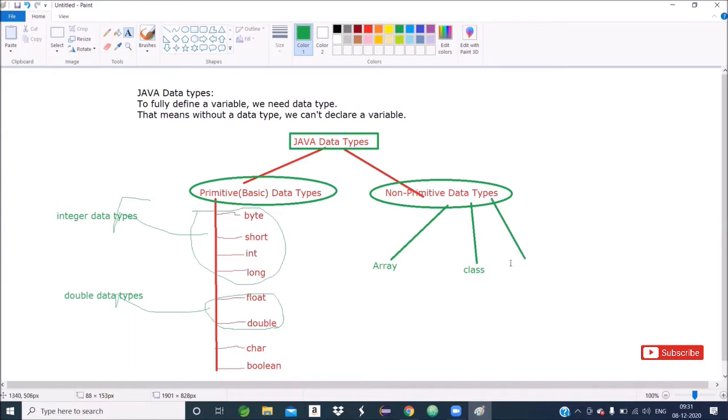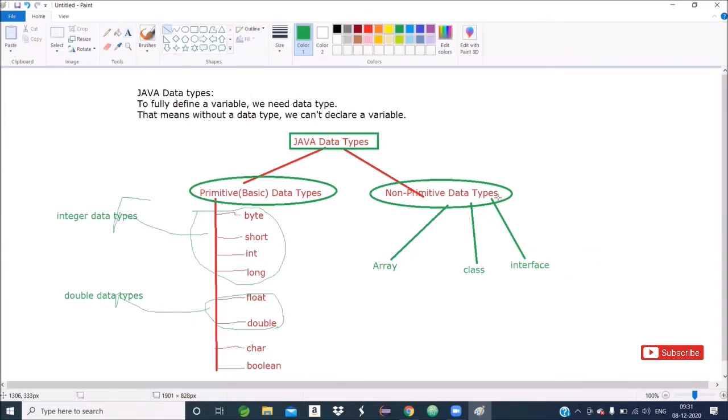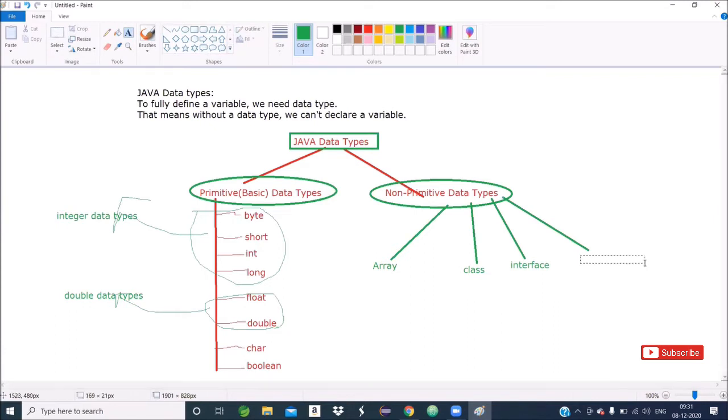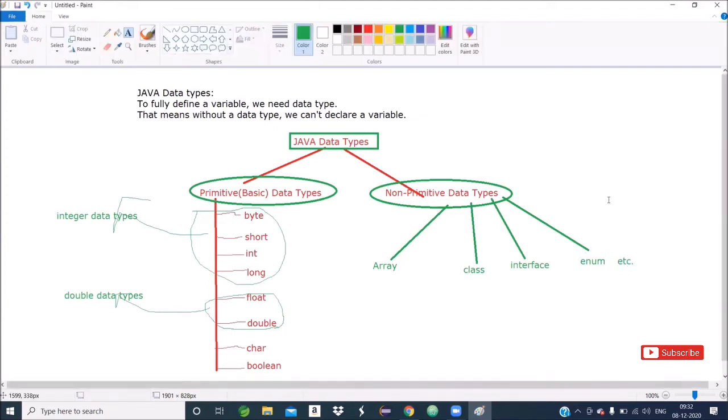Interface, enum, we will see later. I hope you got the clarity. Very important is that we have to be acquainted with basic data types. So we will discuss one by one.